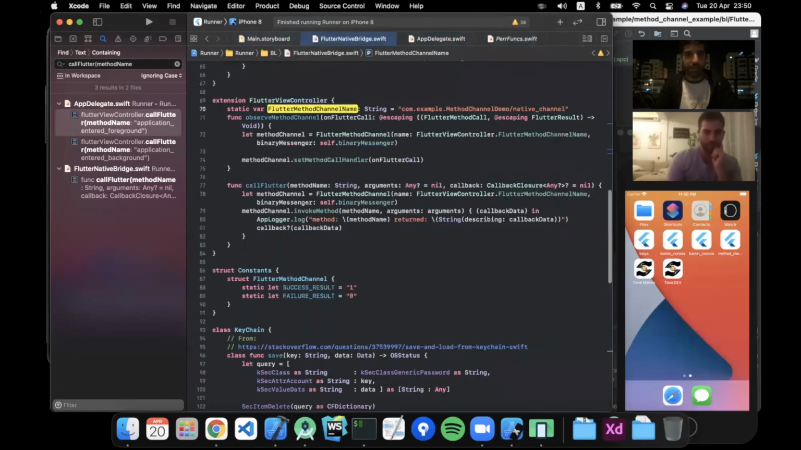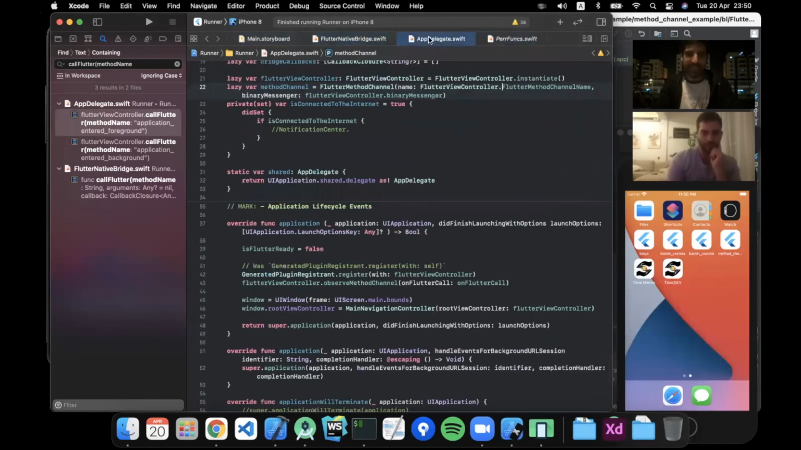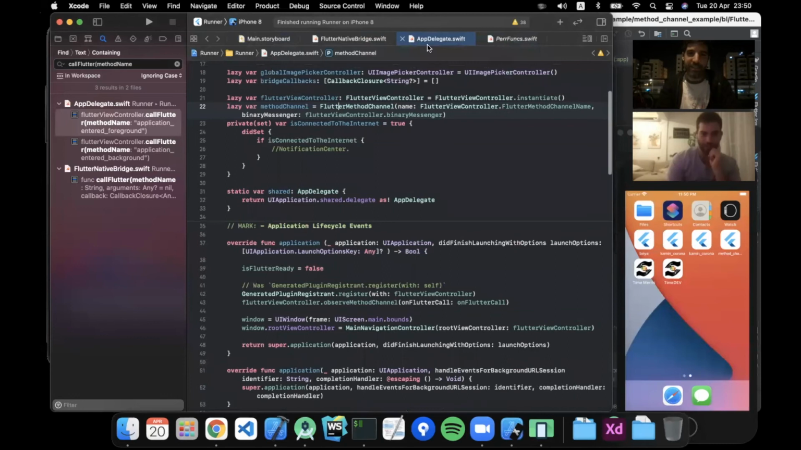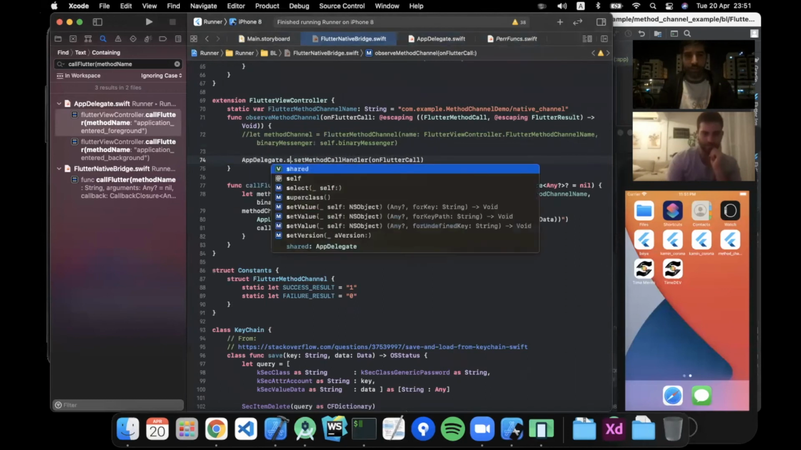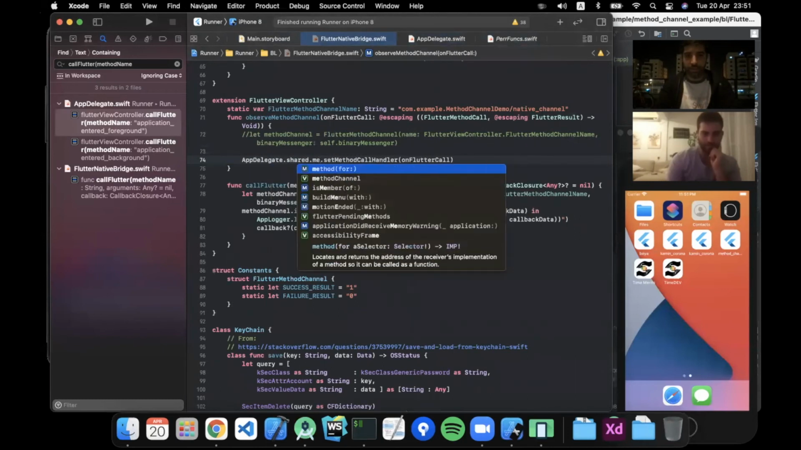Cool. So I'm sorry for interrupting. I have an improvement. As I said, the app delegate can use this method channel. I totally can use the same method channel instead of creating it here. Okay, I have this method channel, so I can call app delegate, shared, and method channel because I already have